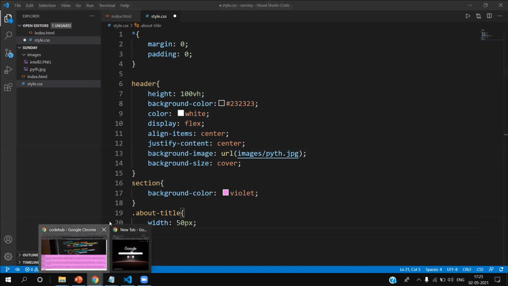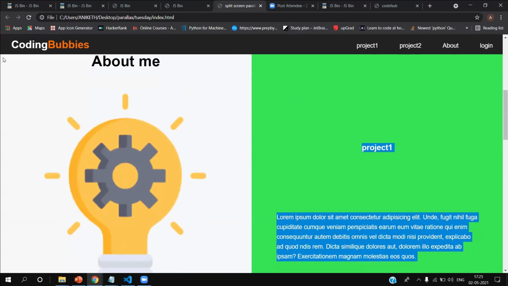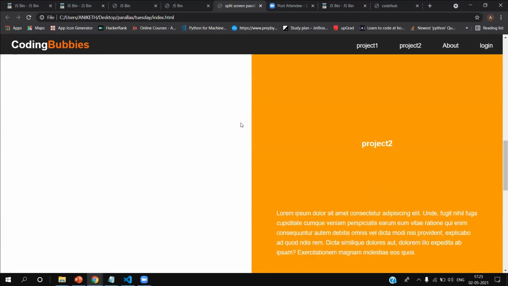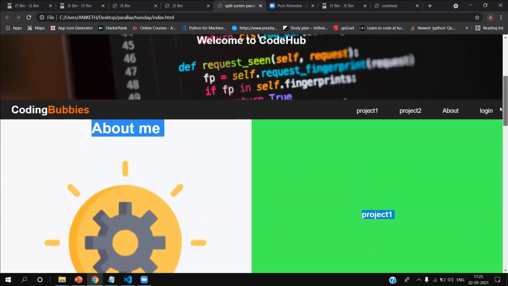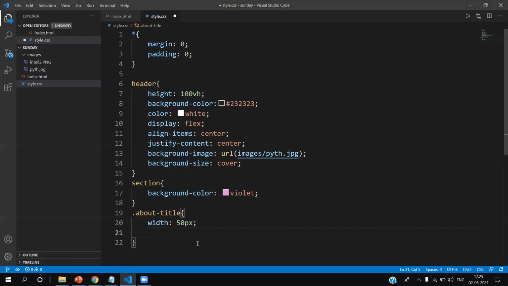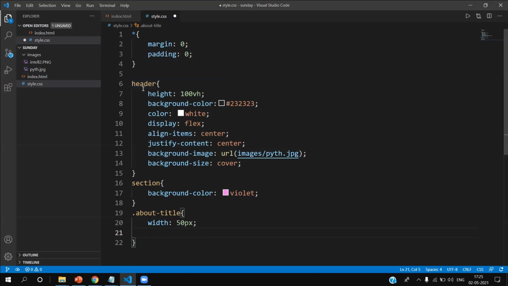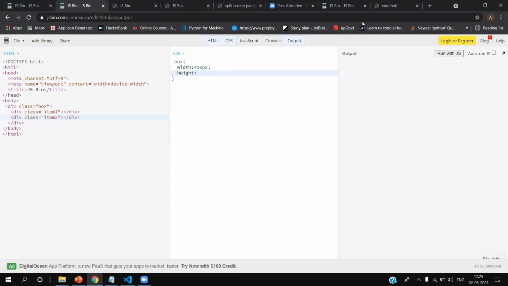look, this about me, this one is taking 100 VH from here. What does VH mean? I've told you, right? VH means viewport height, where viewport means your machine size. Like my laptop is 15.6 and others might be 14. So it will cover with that size. So if I use VH,